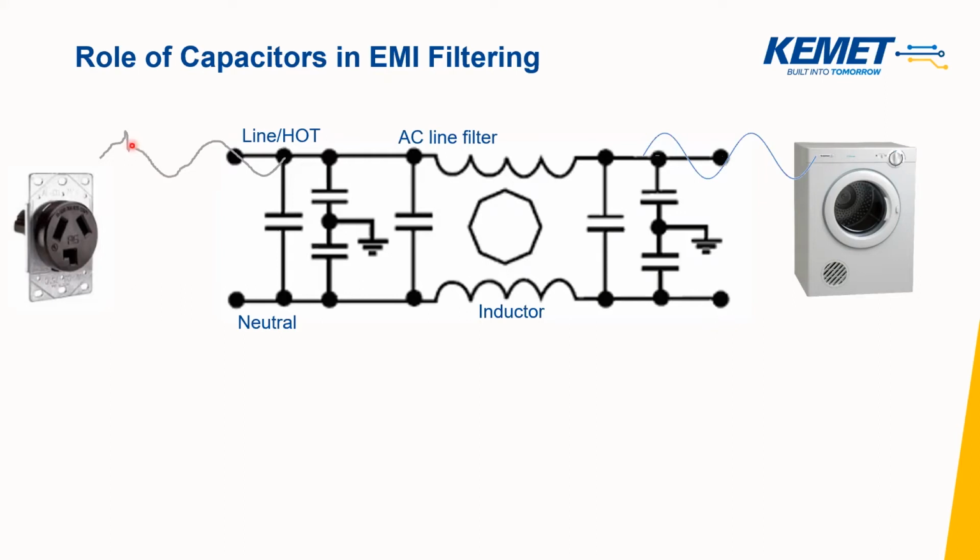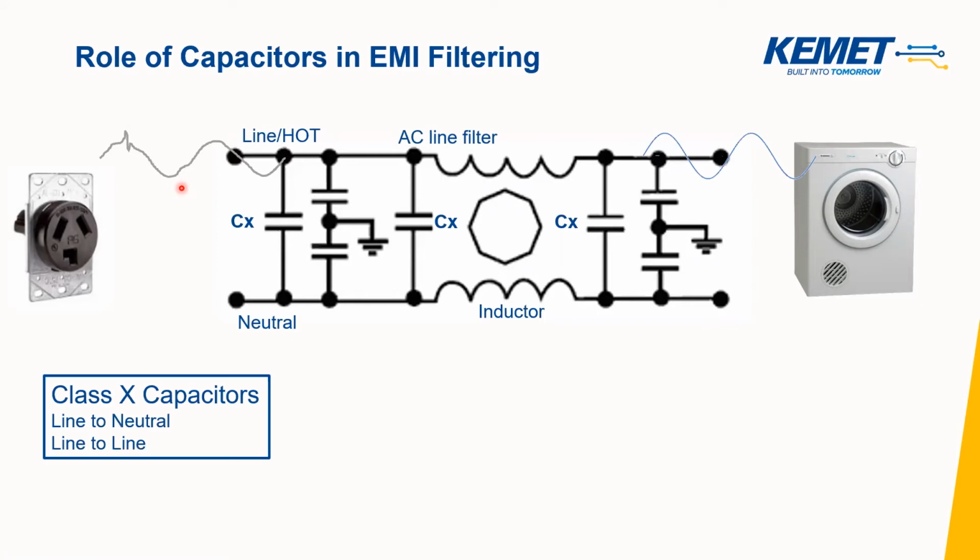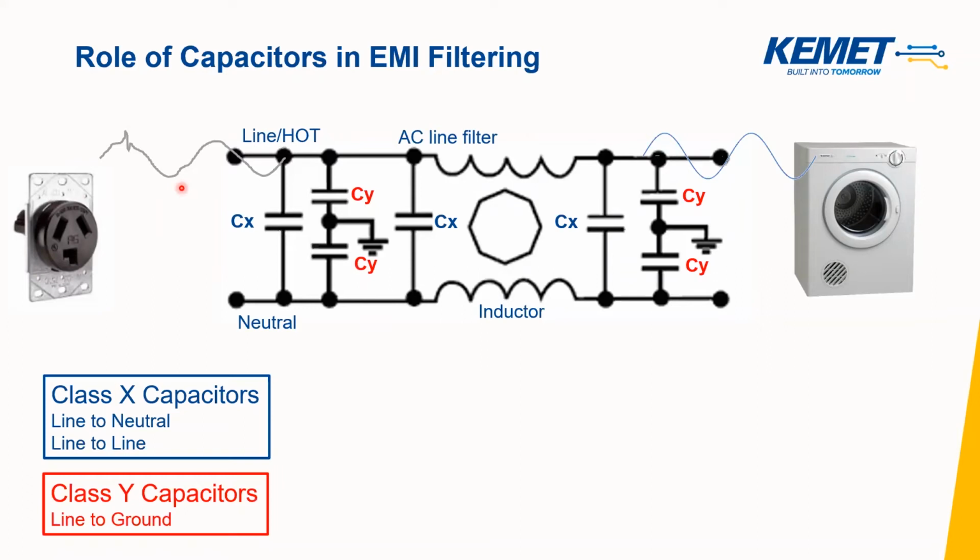So for the device to be protected against these high voltage, high frequency transients, you use X capacitors between subsequent lines and Y capacitors between line and ground, as we have also discussed on one of the previous slides. And this is basically the reason why we have 2 different classes of safety for a safety capacitor. And this is why safety capacitors are so sought after,